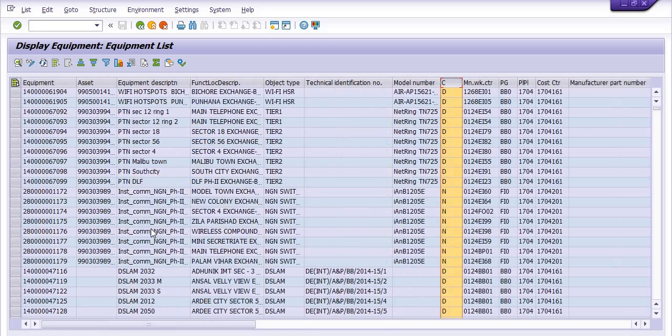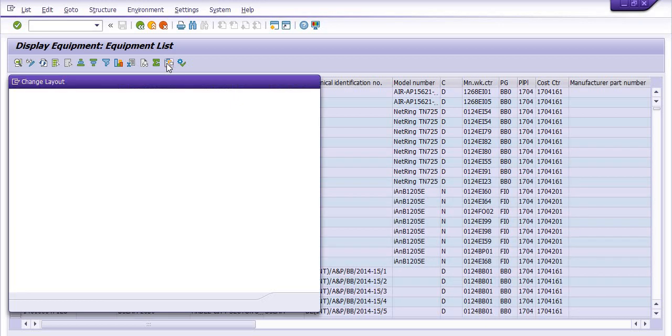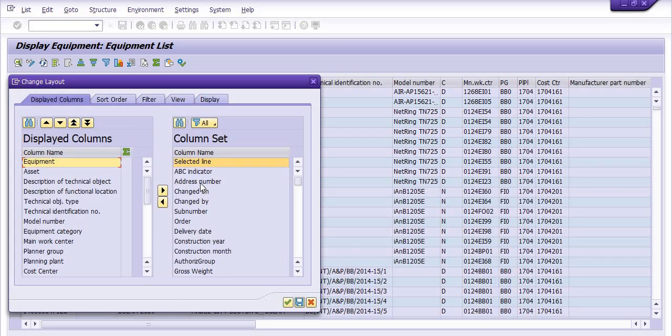You can choose other fields like address number. These are the column names which are showing in the list, and these are the columns which are not available in the list. If you want to include them, you can select and click on show selected fields, so you can include them in your list.